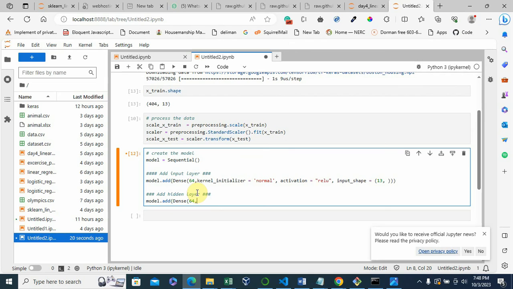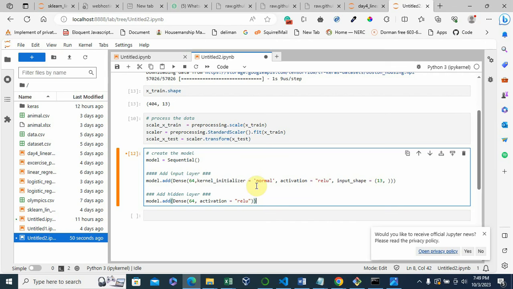Like I told you, you always see 16, 32, 64. These are star numbers. So you have 64, and then the activation function to be used in there as well is rectified ReLU. All right, so we have this.